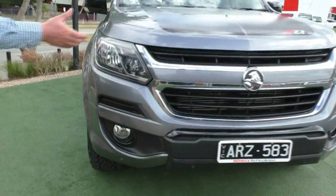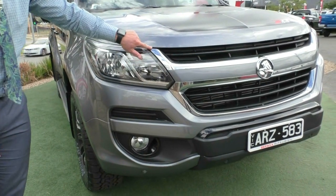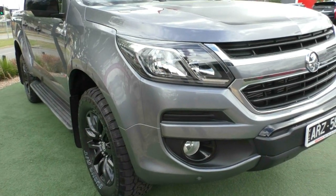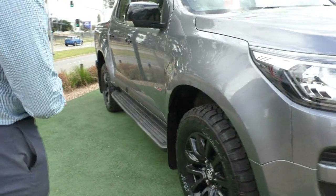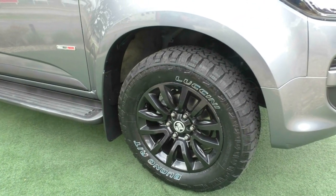Very clean throughout the front. There's no real damage notable on there. Even stone chips, if I'm super picky, maybe one or two, but very tidy car across the front there. Moving down the side, you can see down the panels, there's no obvious dents in the panels themselves, very clean throughout. It does have the metallic black alloy wheels, and this has actually been fitted with a relatively new